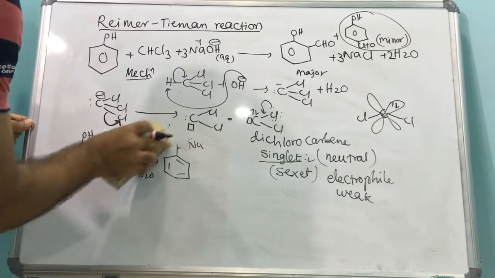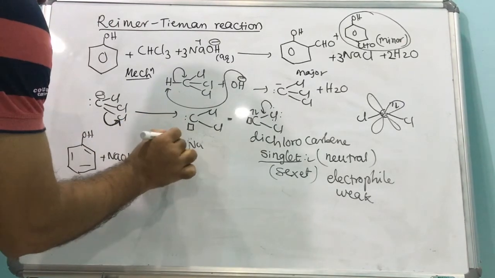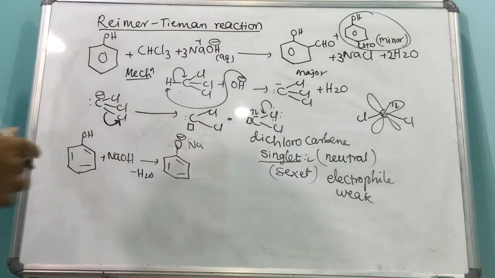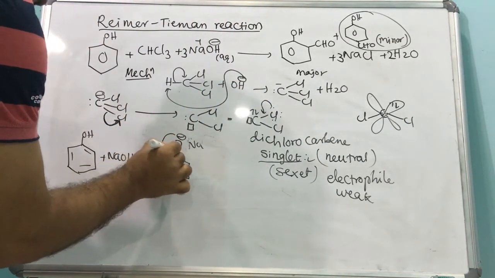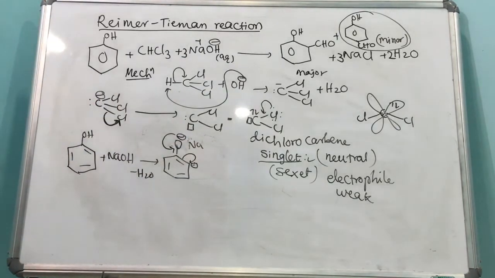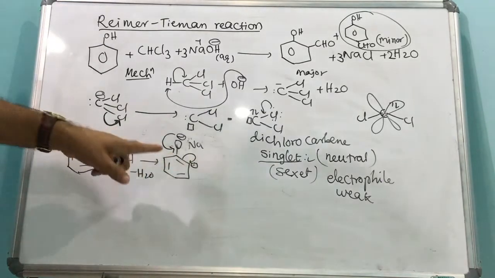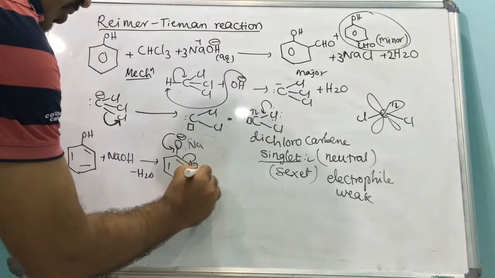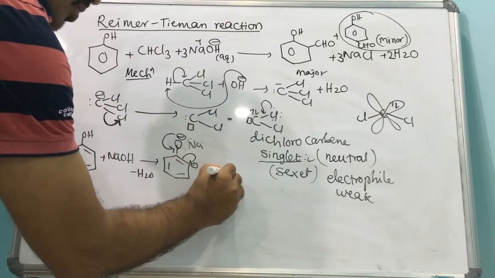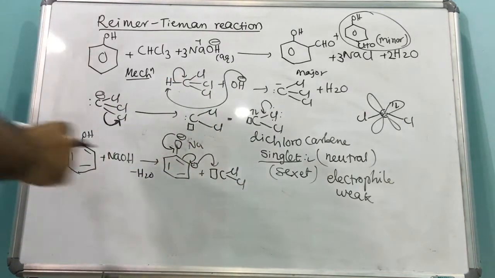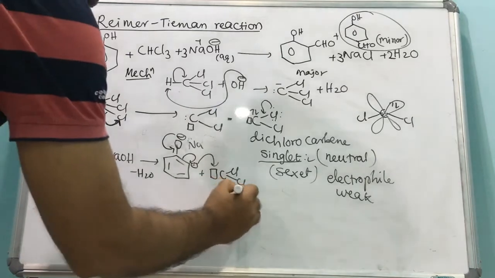This is the reason. Otherwise, a student may ask, why is this negative charge not attached to this electrophile? But that is the reason: the stabilized form. Then at this carbon we have the negative charge, so it has more nucleophilic character than when the negative charge is present on the oxygen. Now the vacant orbital of this dichlorocarbene will get a lone pair from the negative charge of the nucleophile.